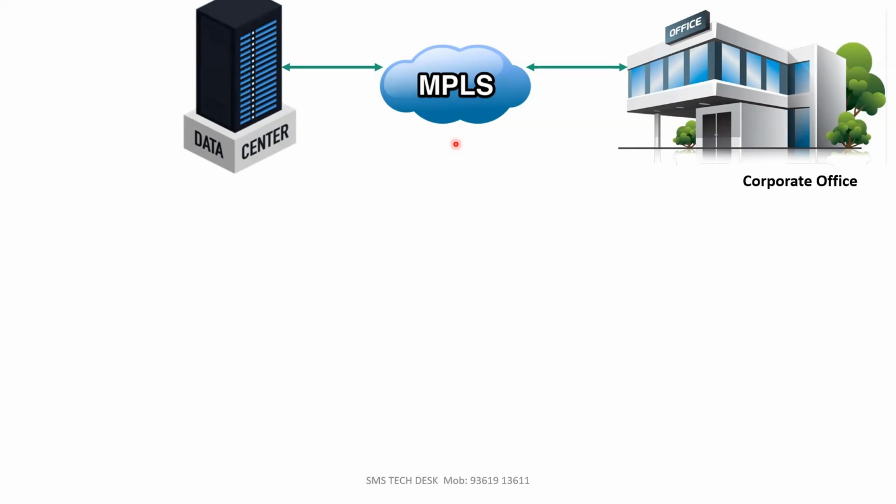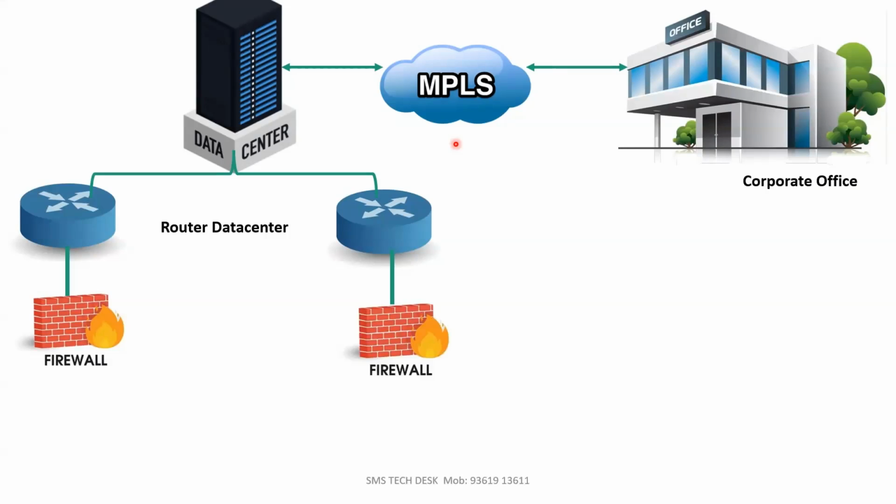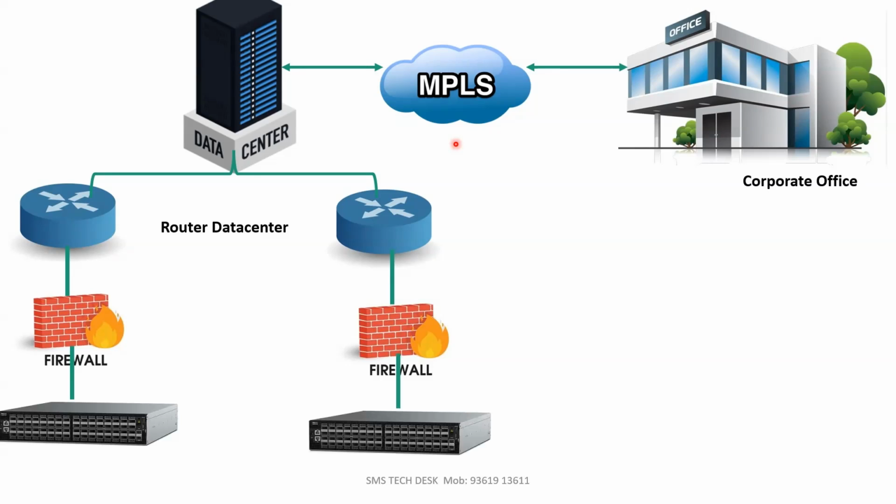Once it has reached the data center, there will be two routers for redundancy. That router will be connected to a firewall. Okay, and inside the firewall, we'll have other network devices, like our spine switch and other things. Okay, this is how the network for the VxRail deployment will be configured. If it is an already existing environment, then we can start our configuration from the spine switch. If we are doing everything from scratch, this is how the connection will be established. Okay, this MPLS is for an is